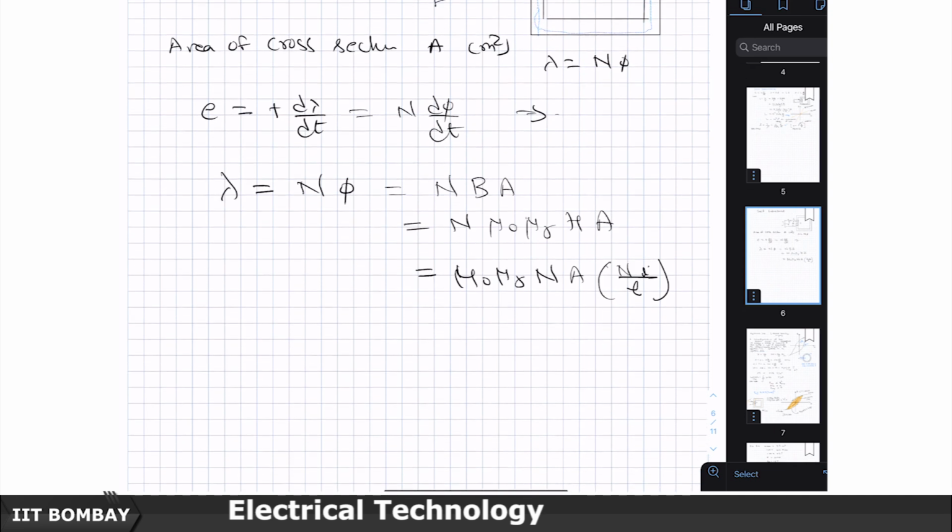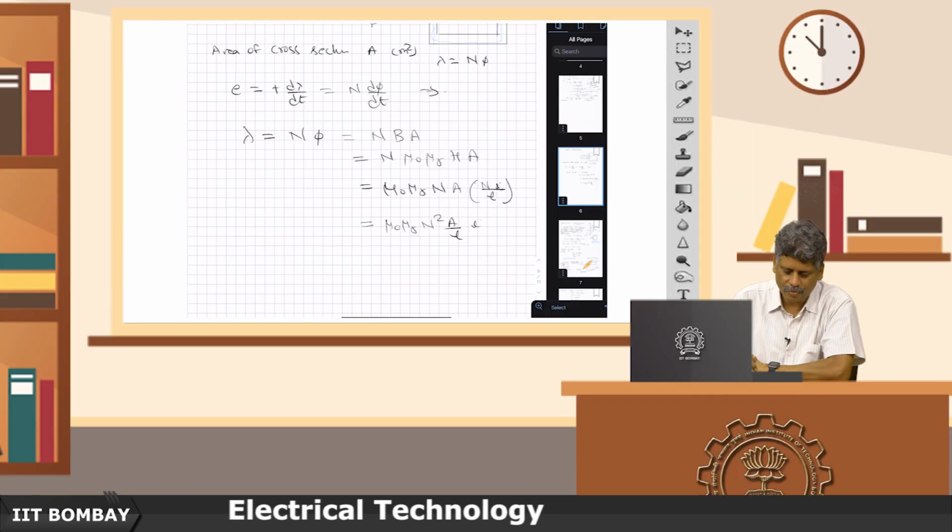So, therefore, I can further write this as mu 0 mu r n square A by L times of I,